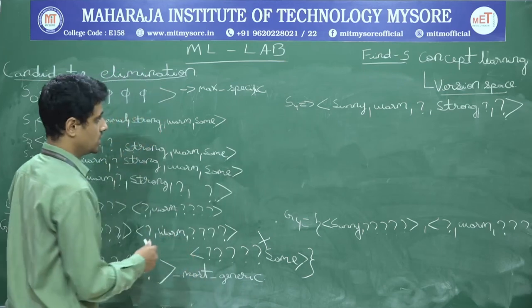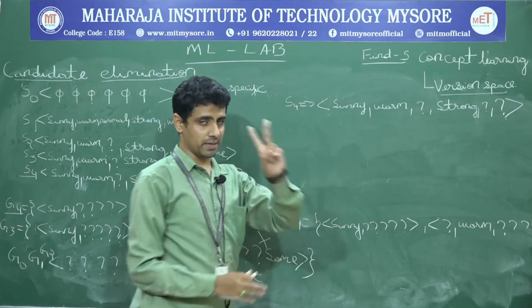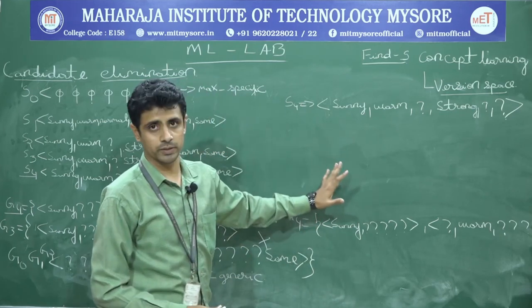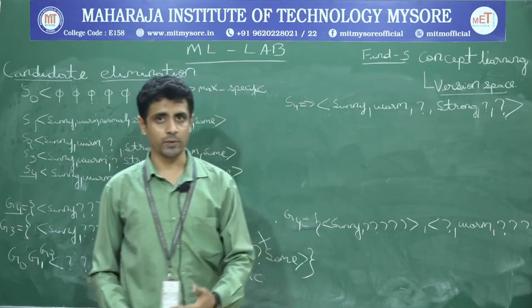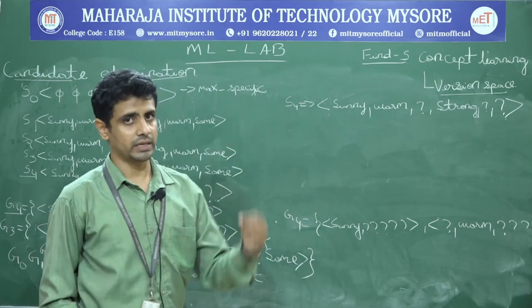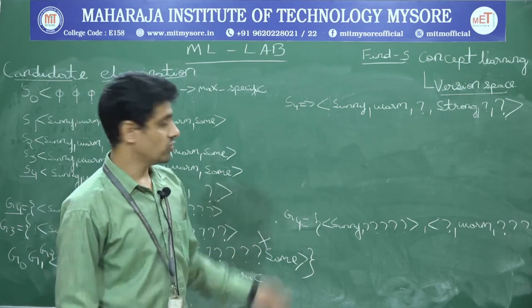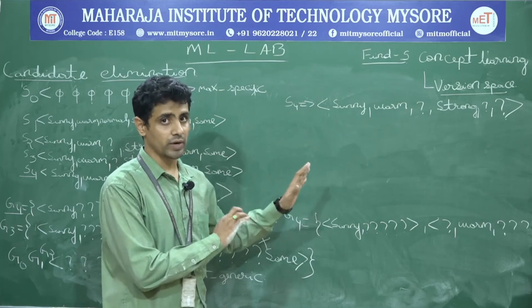Okay, so once you have this boundary, with respect to your second lab cycle program, we will be able to generate this output. Anyhow, after this video I will show you the laboratory part also. I will explain each and every line of your second lab cycle program, I will debug the program, and I will show you the output of it. So before going to see the program execution, I will just wind up with how to write the version space for it.